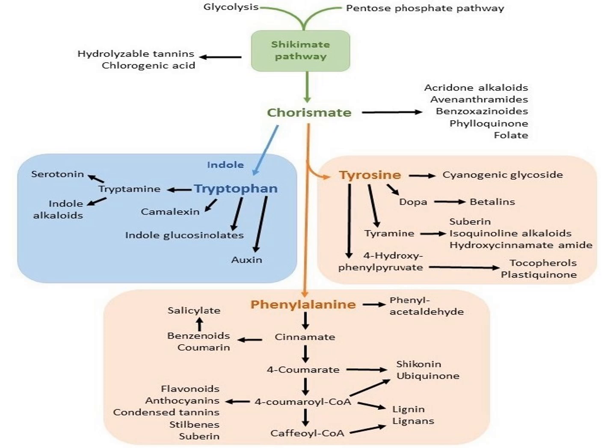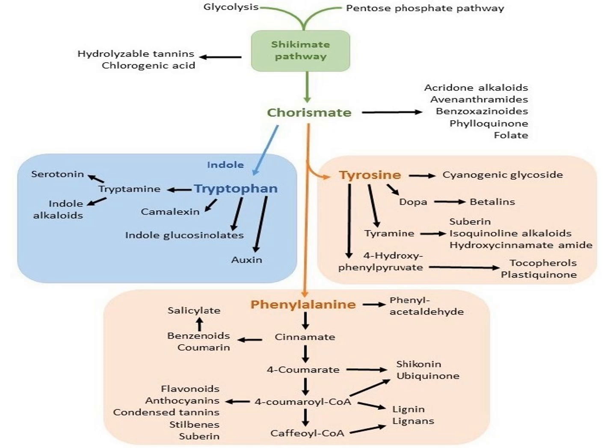And here it shows what types of secondary metabolites tryptophan is converted into, what types tyrosine is converted into, and phenylalanine will be converted into different types of secondary metabolites. So through this chart, we can write down the advantage of shikimic acid and what the main role of shikimic acid is.